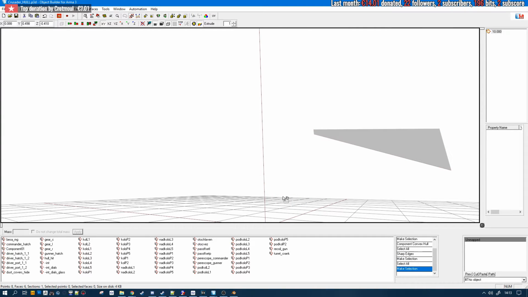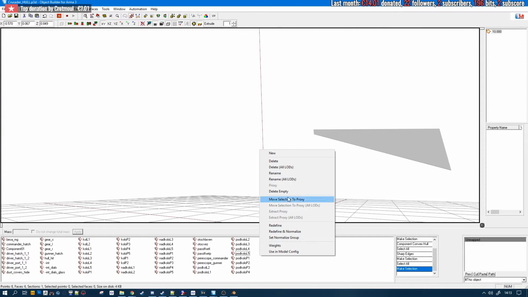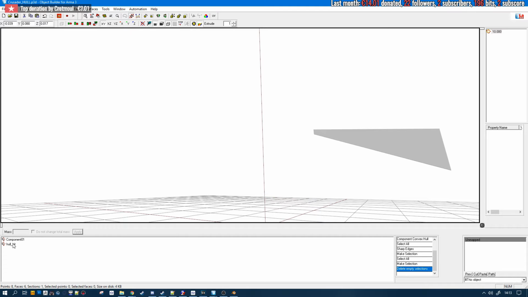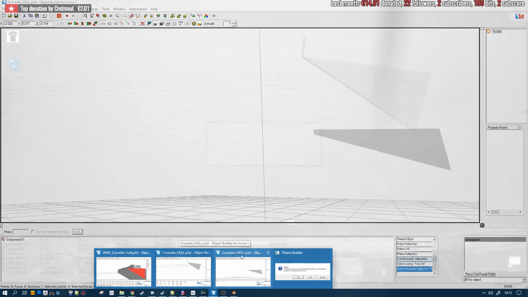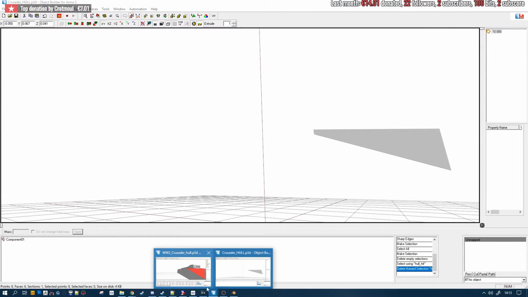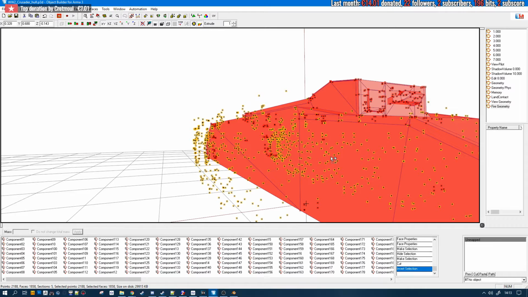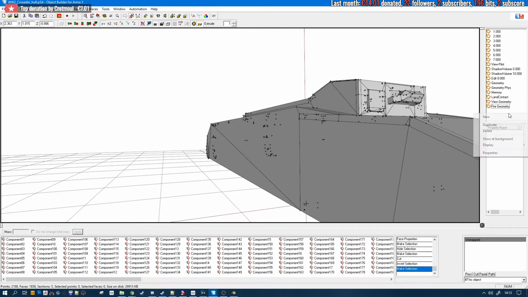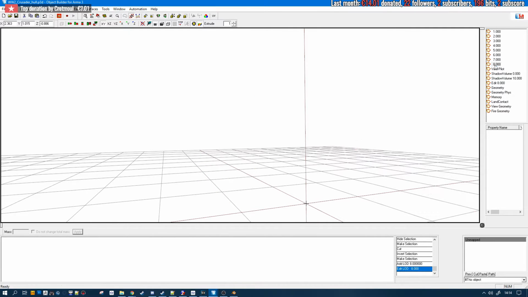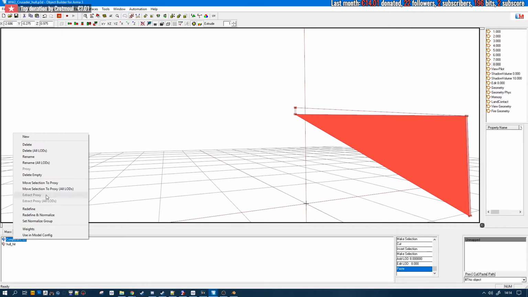So you have to be careful here when you do this. You want to delete the empty one, so it's named component 1 here, and in my vehicle it's named component 181.